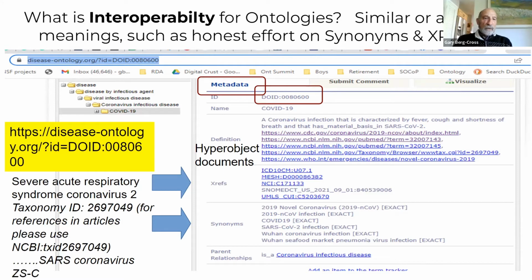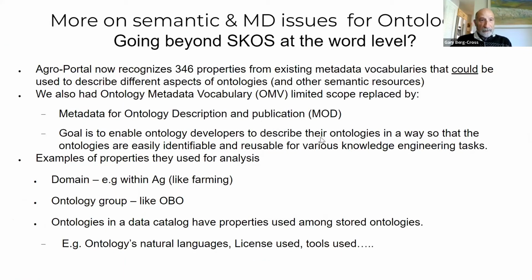And again, within a particular related place, there might be a different ID for references. So for example, there is a taxonomic ID where you could find more about SARS-CoV. This is good and bad, in the sense it does show you where to go if you think of it in terms of hyper-object relationships. But it is difficult. There are issues of managing that complexity. Next slide, which is a little bit on